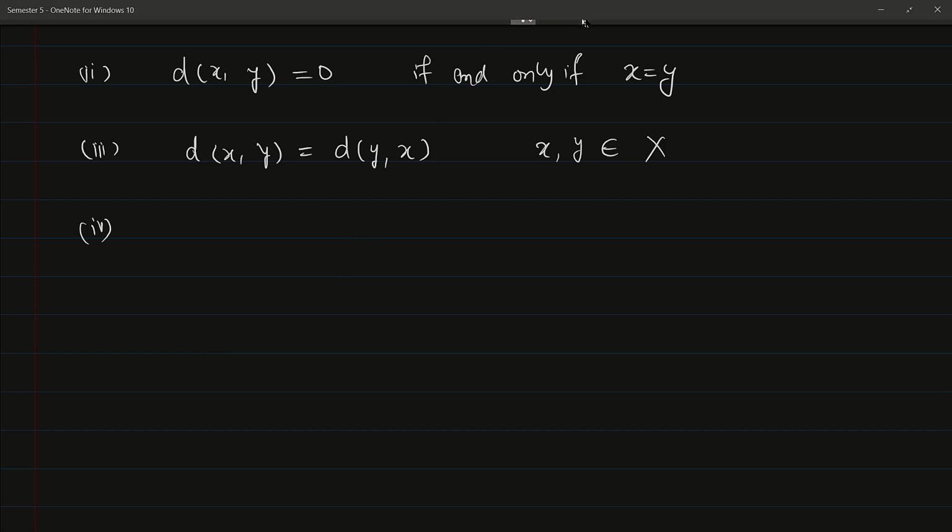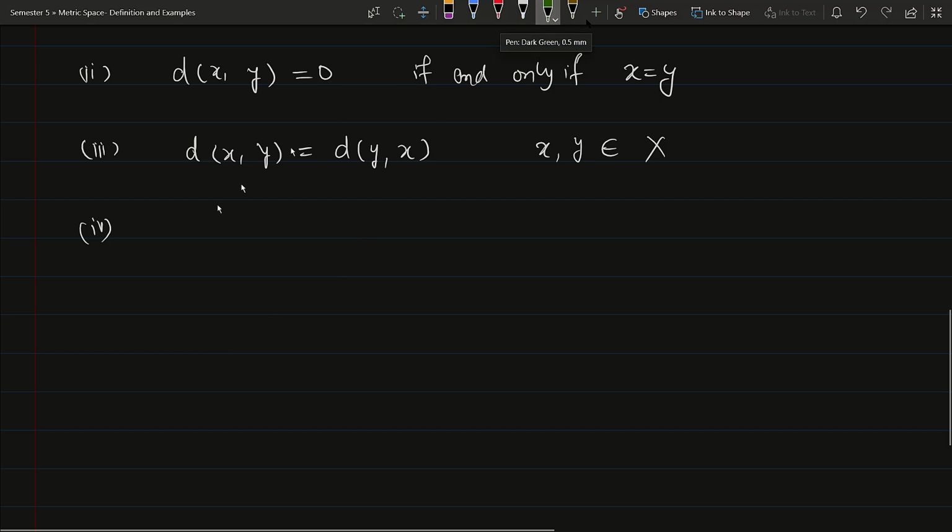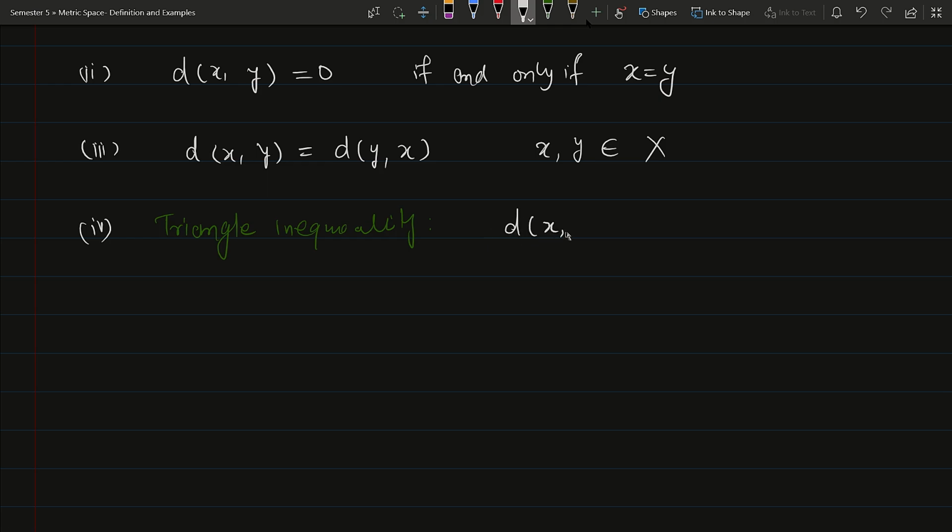So let me write this as, जब हम मैट्रिक की बात करेंगे तो इसको हम ट्राइंगल इनइक्वलिटी भी बोल सकते हैं, ट्राइंगल इनइक्वलिटी। Okay, it says the distance between x and y, that is always less than or equal to distance from x to z, and then distance from z to y, and that is also true for any x, y and z in uppercase X. Okay, so these are the four properties